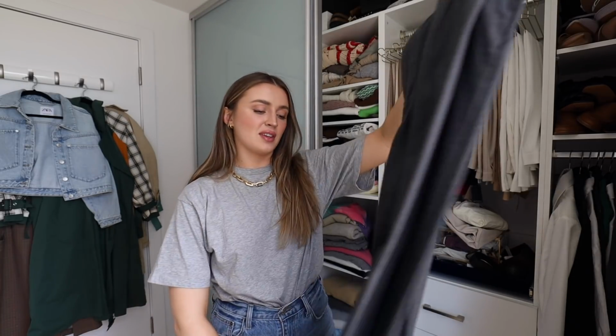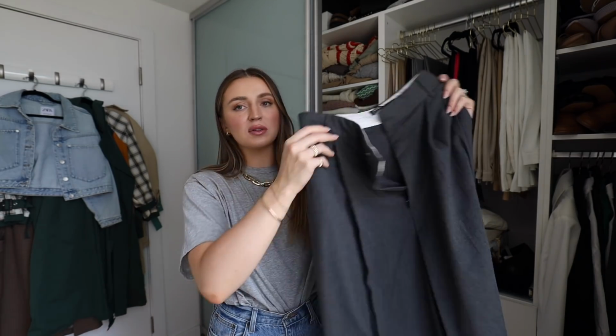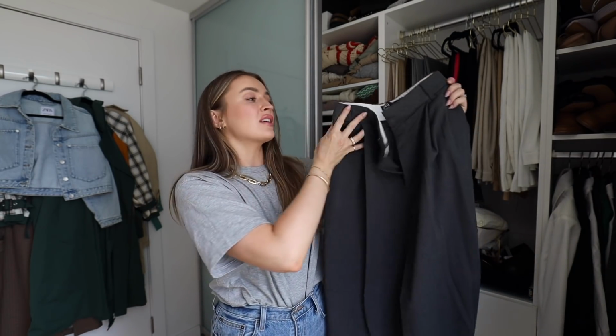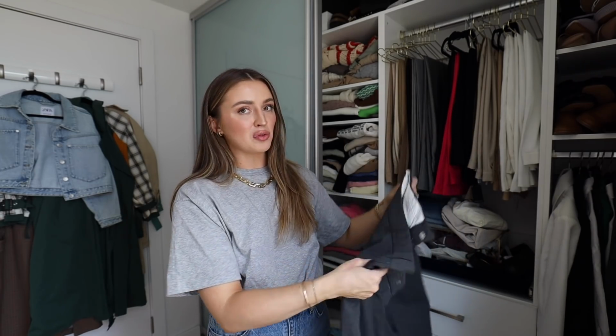All right, let's start with these Zara dad pants. Now these were purchased this year, but I can't even begin to explain to you how much I've worn these. They were called the menswear pant, and you know how much Zara shifts their stock so frequently. They're constantly selling out of things and getting new things, so it's hard to keep up with the stock. I don't know if you'll ever be able to find the same piece again, but they always bring out very similar styles. They've continued to bring out different versions of the dad pant, of the menswear pant, but these